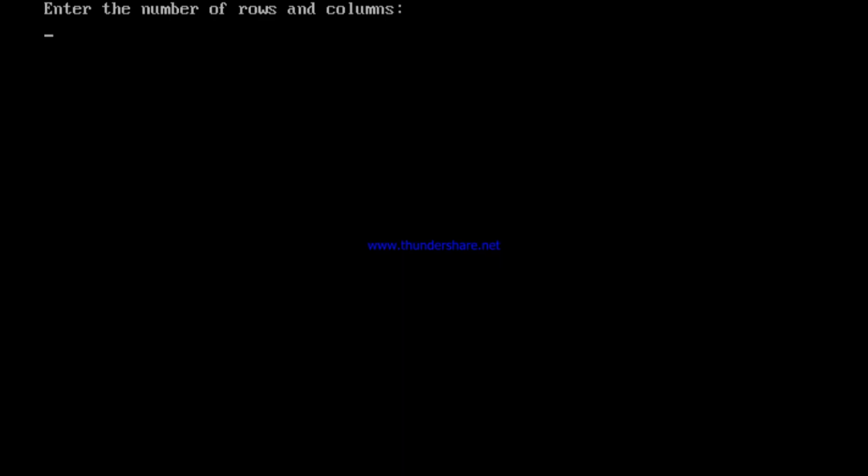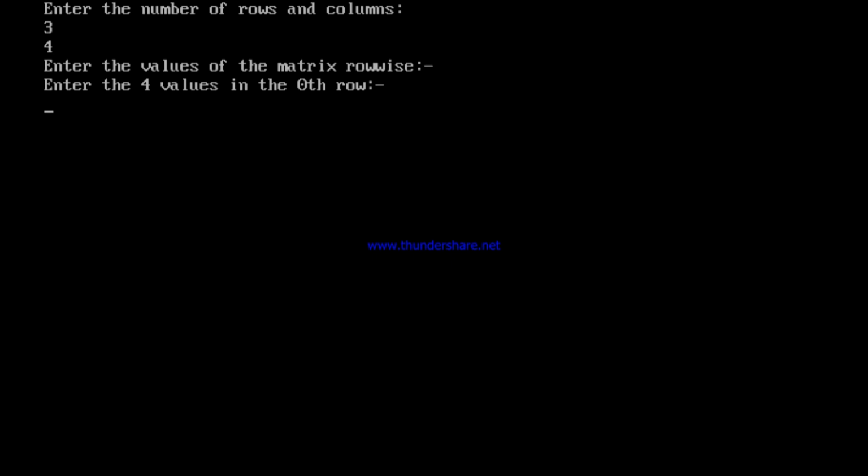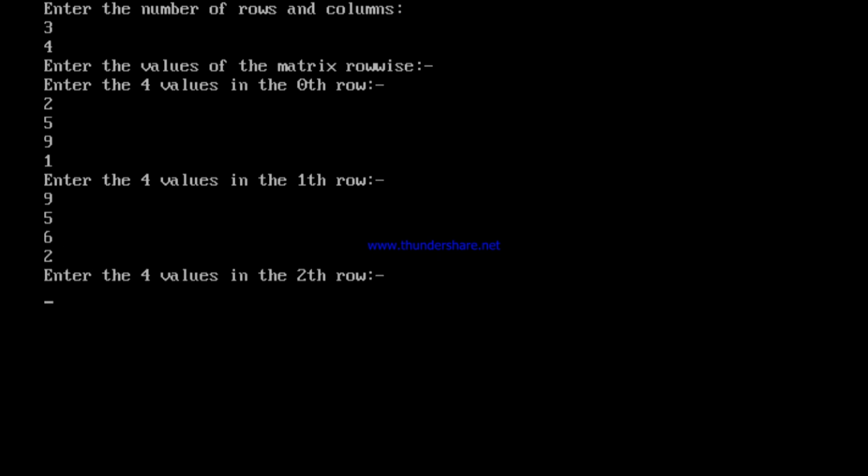Enter the number of rows and columns, again 3 and 4. The 4 values in the 0th row, 2, 5, 9, 1. There are 3 rows. 4 values in the 1st row, 9, 5, 6, 2. 4 values in the 2nd row, 5, 1, 0, 3. Now the 3 rows have been entered, 4 values entered.